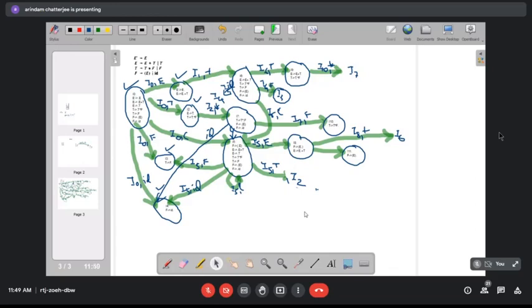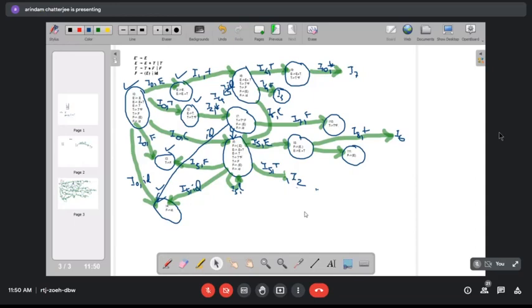Then from I1, if we have a plus, we go to I6. That's all. From I2, if we have a star, we go to I7. That's all. I3 and I4, you cannot do any go to because the dots are at the end. Then from I5, you can use E to go to I8. You can use T to go to I2 back again. With open parenthesis, you come back to I5. With F, you go to I3. With ID, you go to I4.